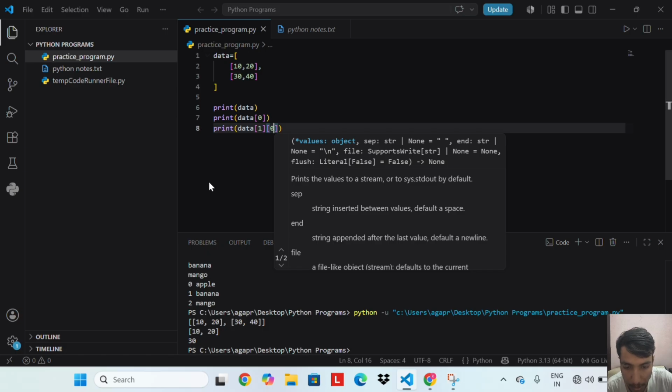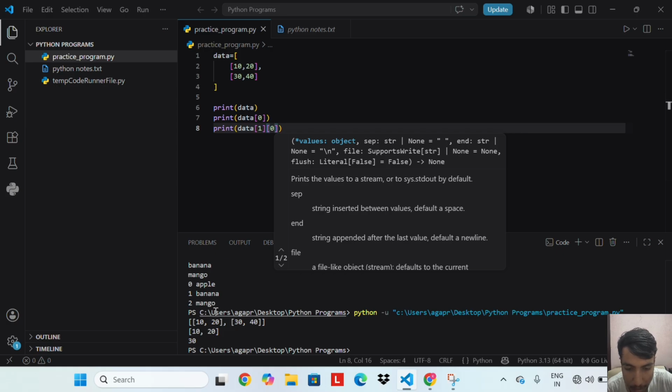Data square bracket 1, square bracket 0: first data 1 gives the second inner list 30, 40. Then 0 gives the first element of that inner list, which is 30.